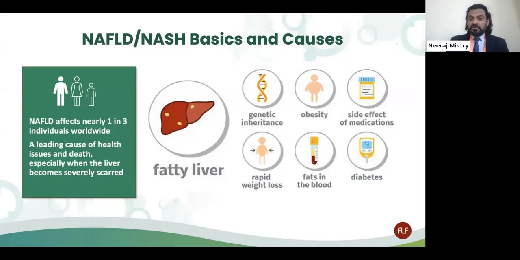Together with type 2 diabetes, fatty liver can result as a side effect of medications, as well as fats in the blood like high cholesterol and triglycerides. Also, with some patients, we see that rapid weight loss, particularly with the lean type of NASH, can predispose to this. Now, these look like a lot of factors, and some people have an overlap of 2, 3, 4, 5 factors sometimes. So what we need to understand is the weighting of each of these factors and what combination of factors would point to a person's particular risk.